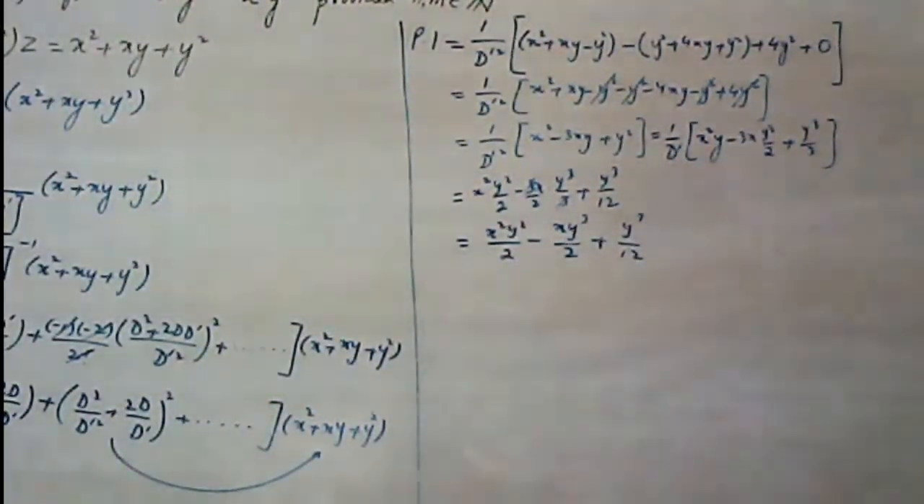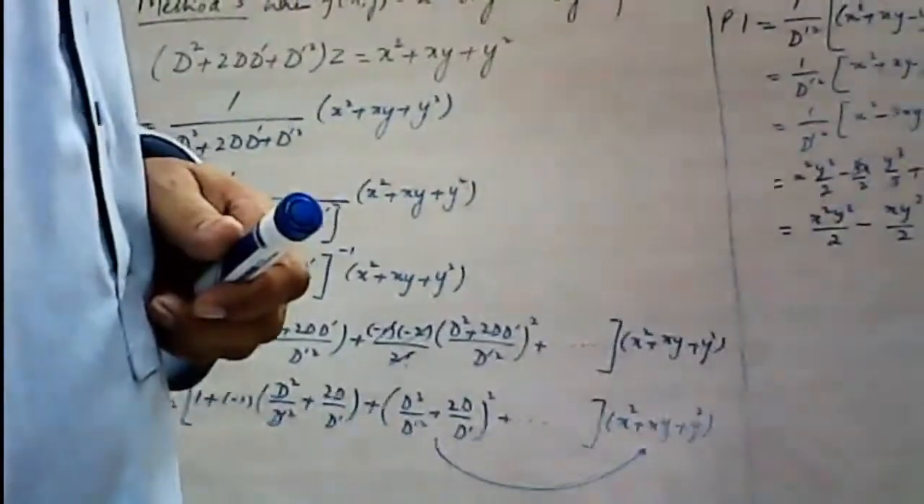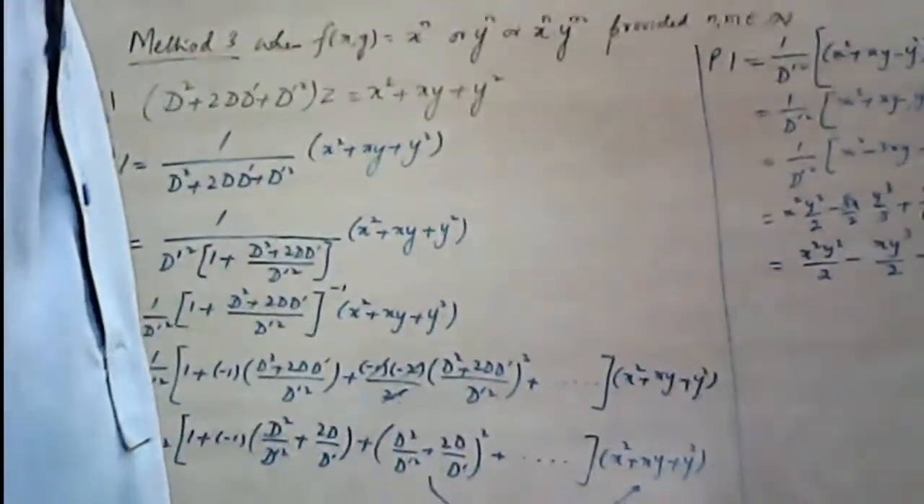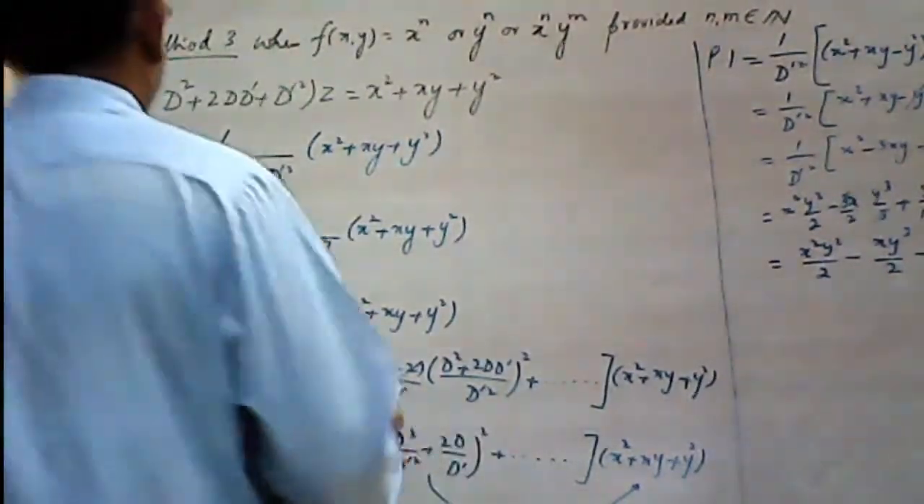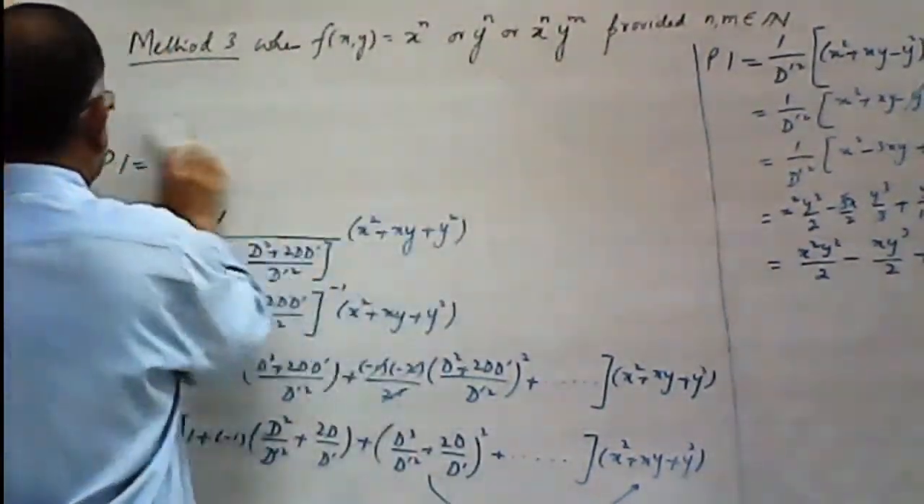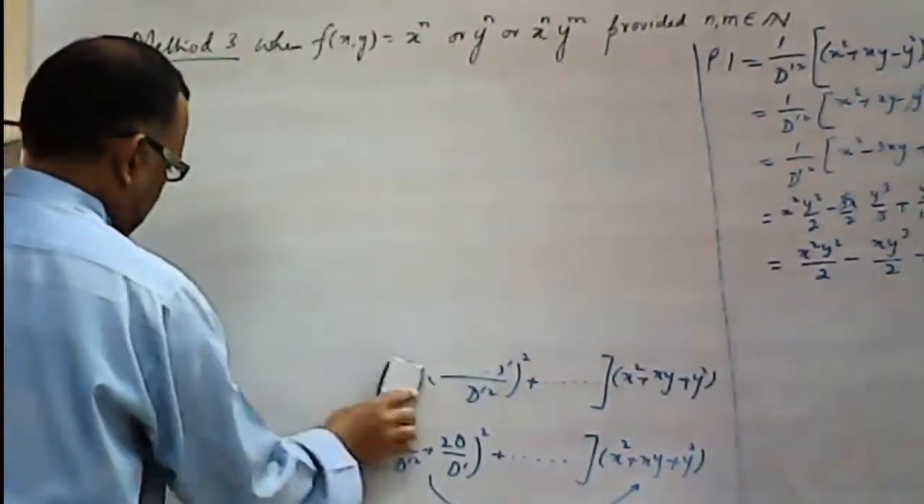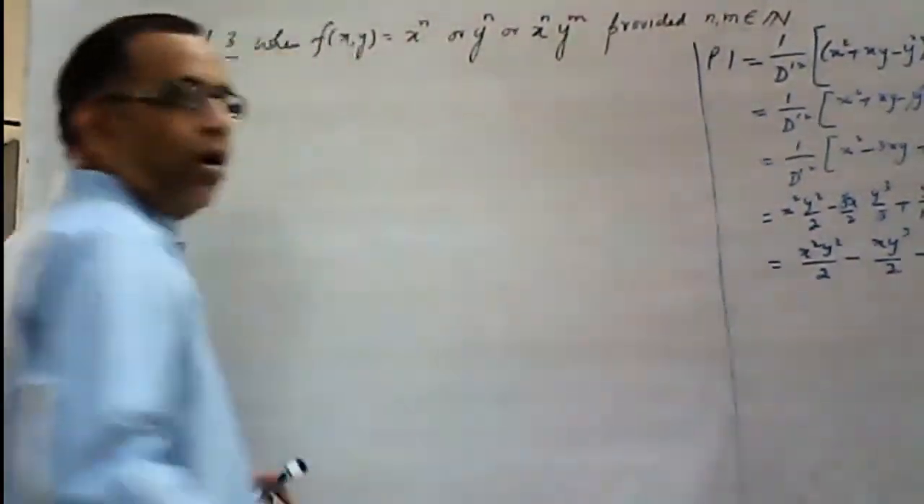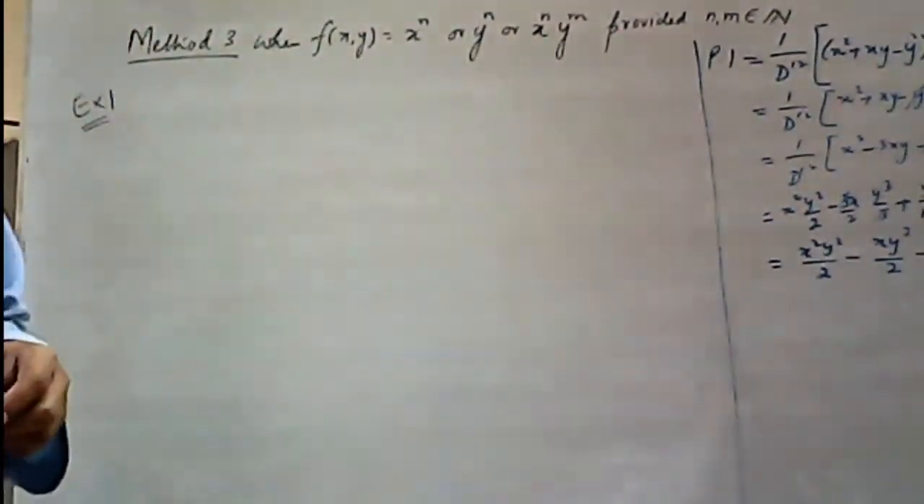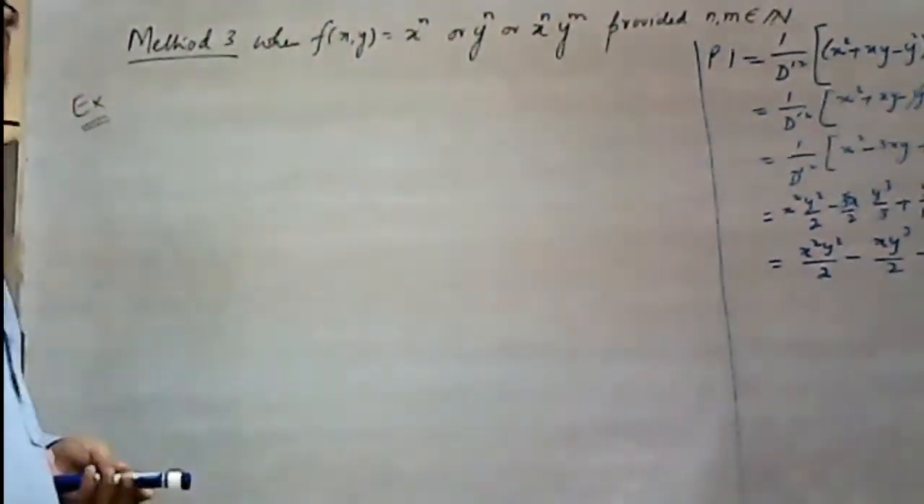So this is example number 1 of method number 3. Now moving on to try another example with a little bit greater order. So now I am trying example number 2 for this method. So we have a good understanding of this method, which is very simple and almost the same as method 3 of higher order ODE. So now in example number 2